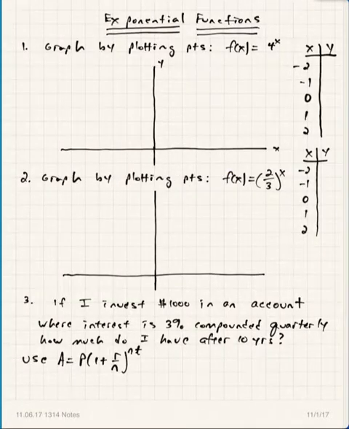So I've given you some problems. I sent this out. I've posted this on my Google site, so you have some access to it. It's also in the notes from the last lecture as well. I want you to be able to graph exponential functions by plotting points. So plotting points means making a t-table, and I've actually provided the t-table for you and some suitable x values that I'd want you to substitute in. Remember, the most important thing with graphs of exponential functions is to try to decide whether the graph represents a growth curve or a decay curve, because those are the two basic shapes for exponential functions.